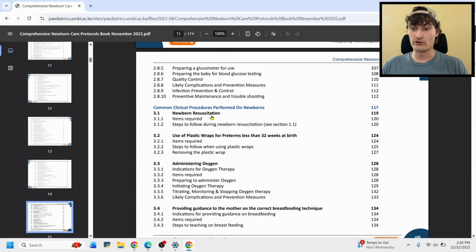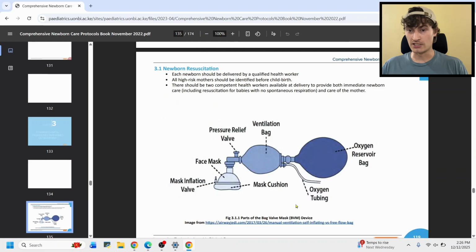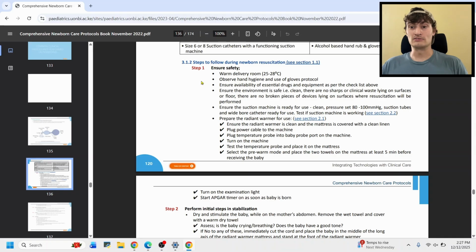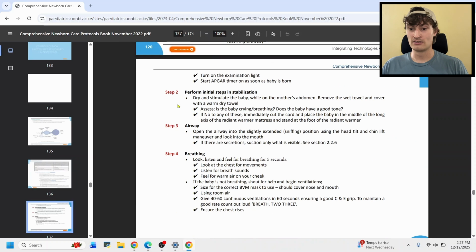So we're going to look here, newborn resuscitation. Again, you can scroll down to page 119, or you can just click on it, right? And I just clicked on it. So now we're in the newborn resuscitation, and it is going to walk you through exactly how to do it. Literally step by step. Step 1, step 2, step 3, step 4, all the way through, okay? Again, I cannot emphasize enough how incredible this resource is. And I want you all to be so familiar with the in and out of this resource.